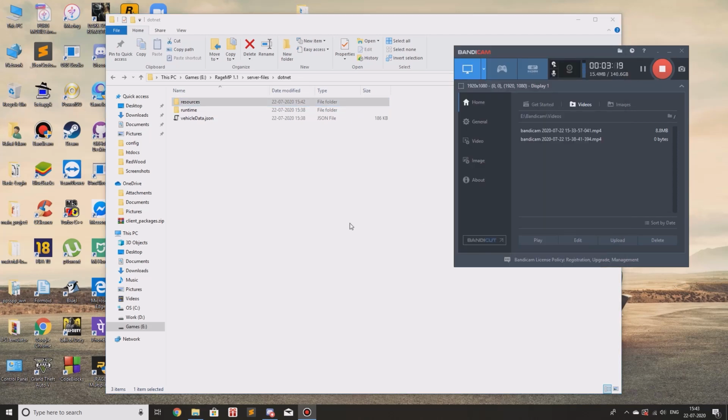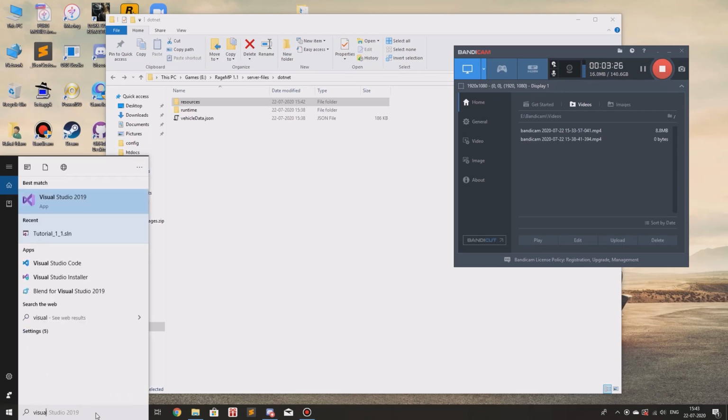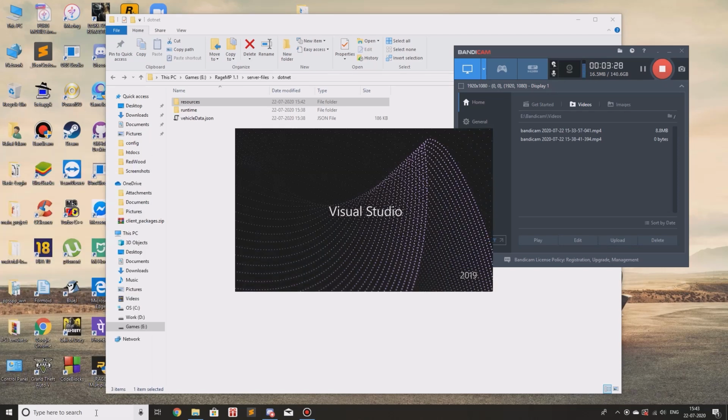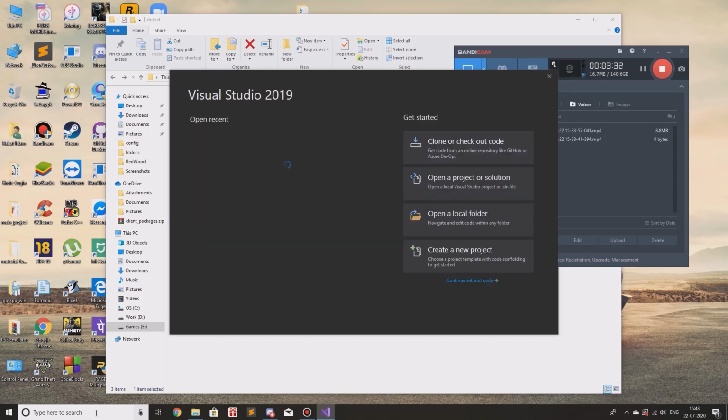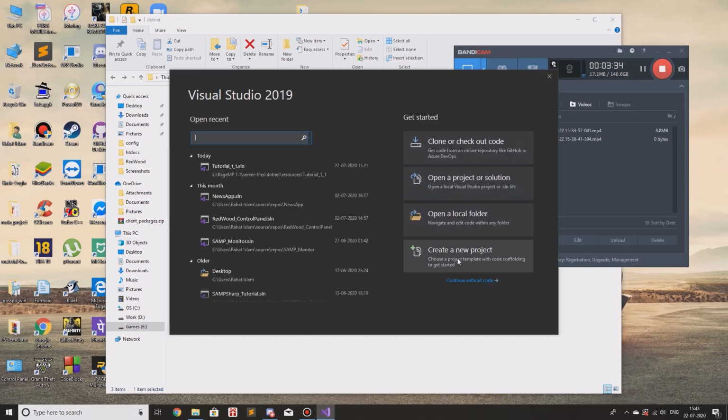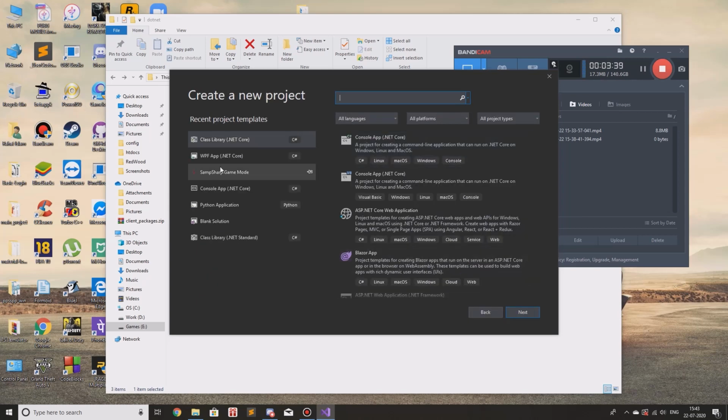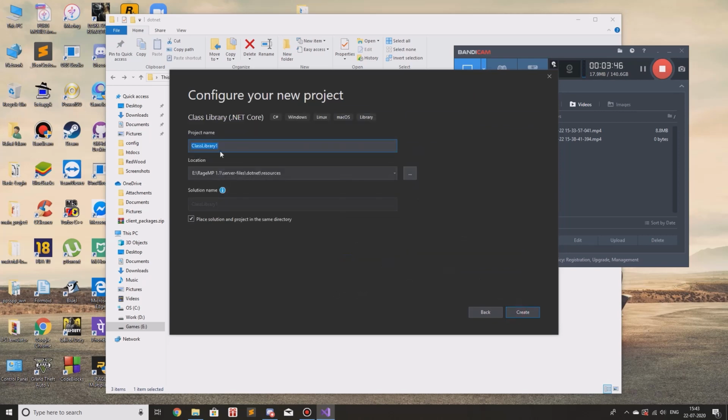Now that we created the folder resources, we're going to make a project in Visual Studio. Let me boot up my Visual Studio. Give it a moment. There we go. Create a new project, click on that. Then you need to select this Class Library .NET Core. Then next. Name the project whatever you want. So I'll just write